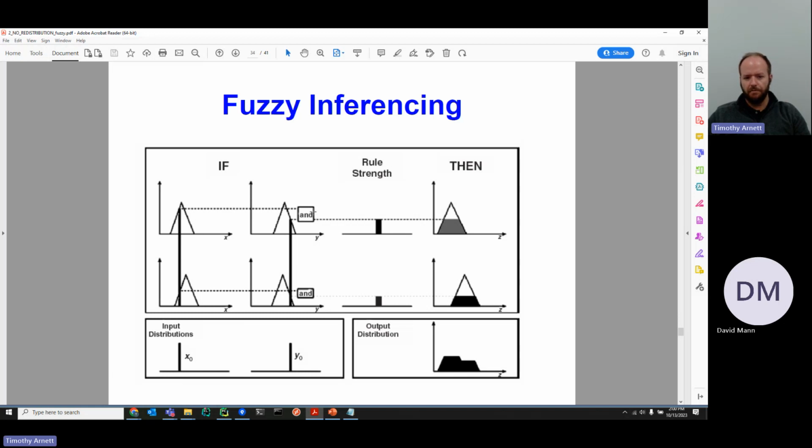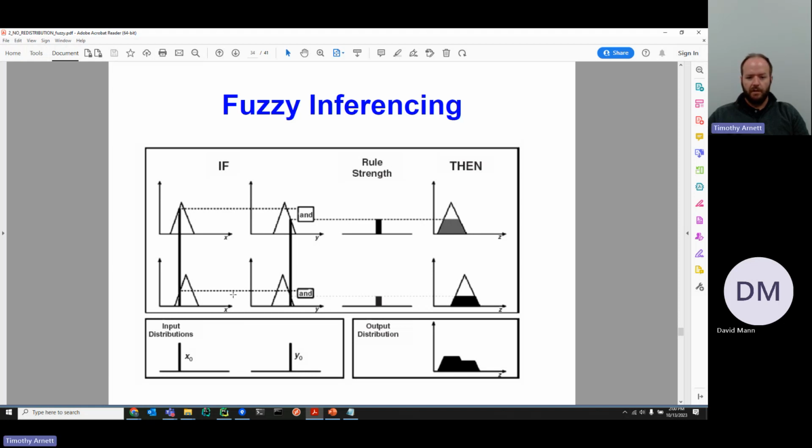So we're taking the minimum of these membership values and using that to scale or truncate our output membership function, because that directly equates to the contribution that output membership function will have on the overall output. And this output membership function is also triangular. Because we're using minimum, we're just going to truncate it at that point. And so the result is this trapezoid shape. And that is the fuzzy output of that rule.